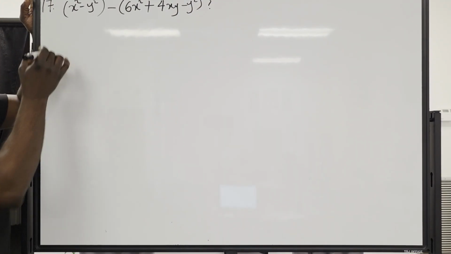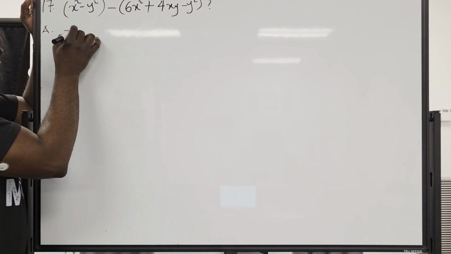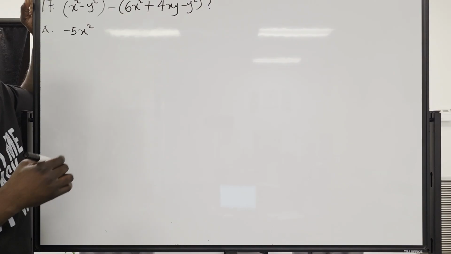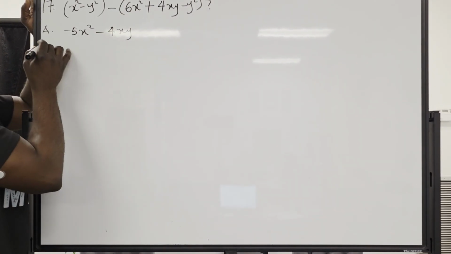They give us option A, minus 5x squared minus 4xy. Option B,